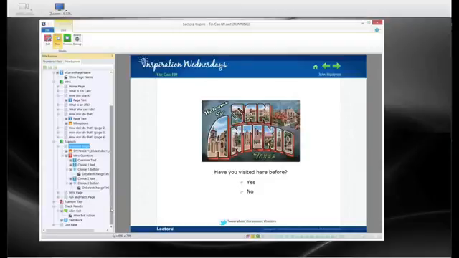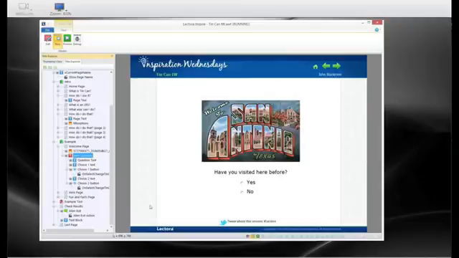So this is kind of an introduction to San Antonio course. The user conference was in San Antonio this year. And here we have the first page. It just asks a question because we want to know whether or not the user has been to San Antonio before, because if he hasn't been there before, we want to give him a little bit more deep information. If he has, then we'll just skip to some things he probably doesn't know about San Antonio. So we ask them a question.